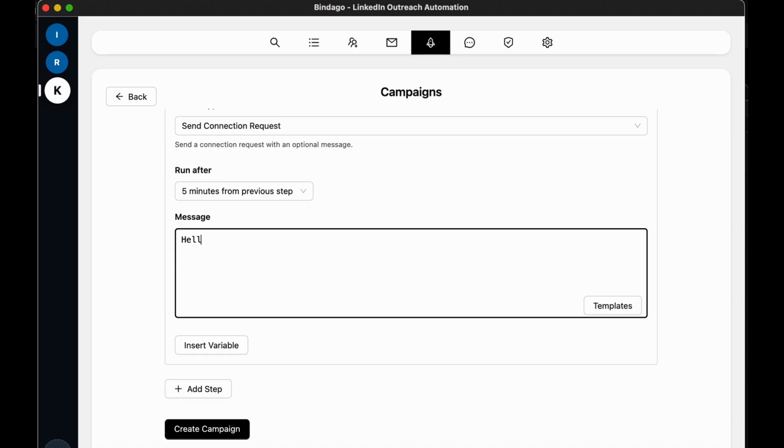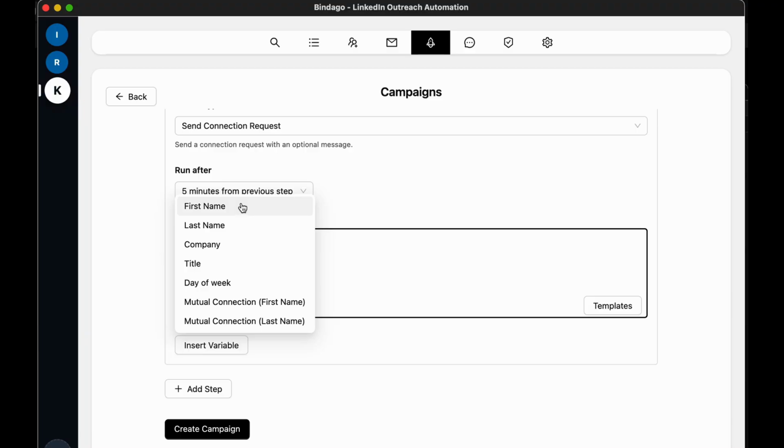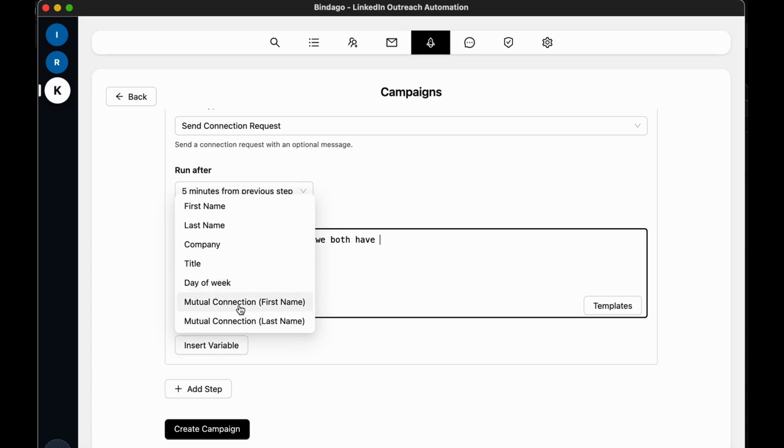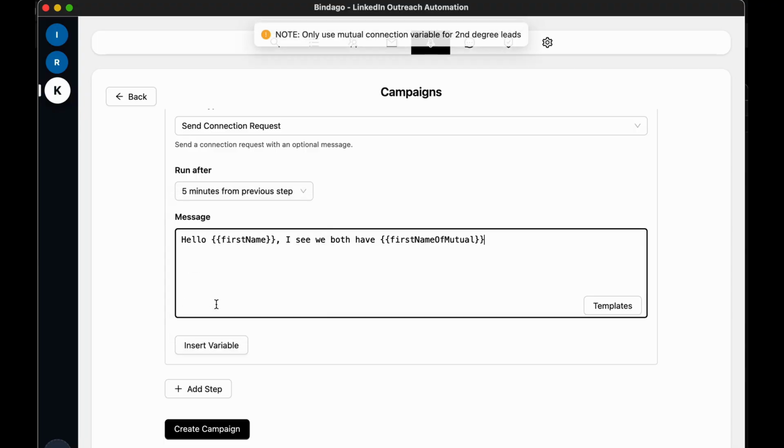And the connection message could say, hello, first name, I see we both have... We can also add, if the lead is a second degree connection away from you, you can insert a mutual connection's first name, right? So you could do this: I see we both have their first name in our network,